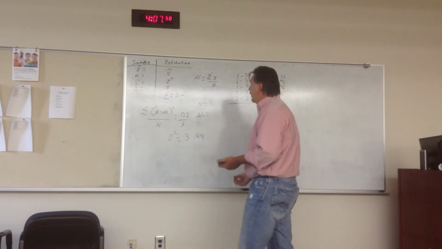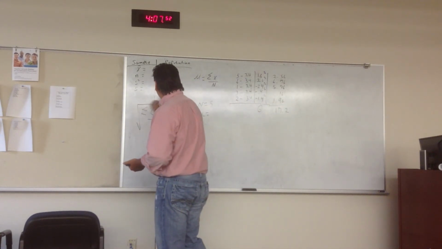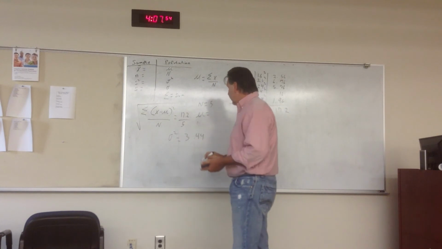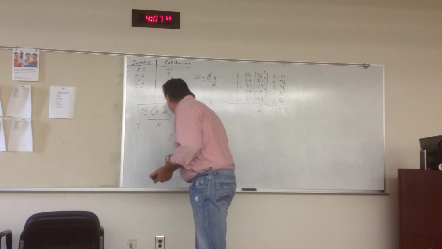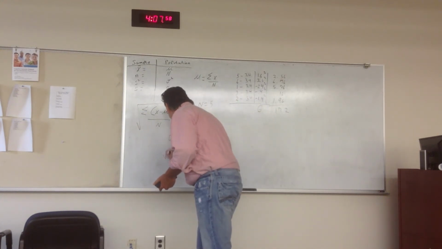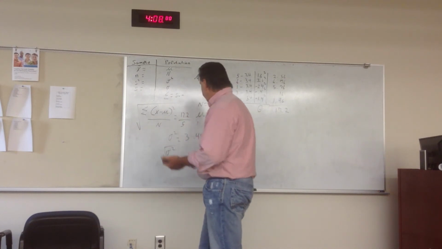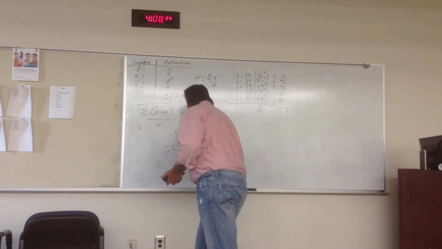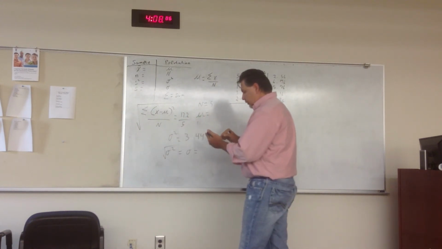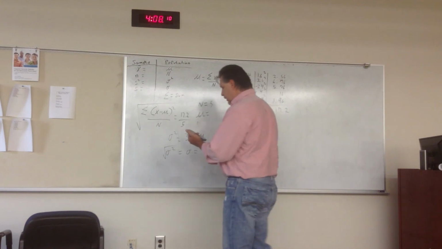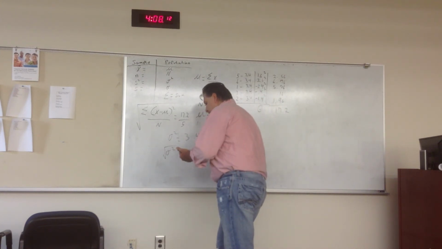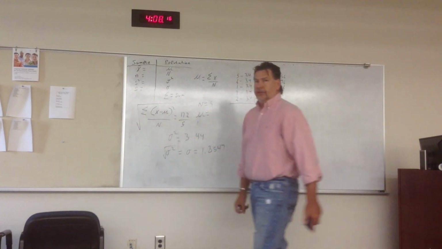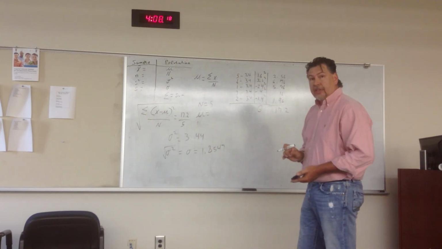Now to find the standard deviation, all I have to do is take the square root of my variance. So if I take the square root of my variance, it will equal my standard deviation, which will be the square root of 3.44, which is 1.8547. And that's what I wanted to get